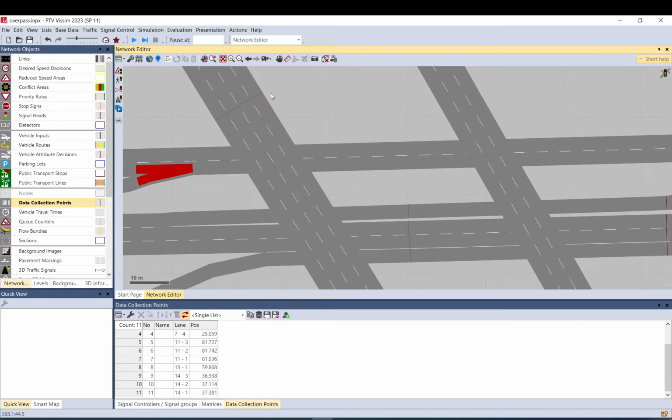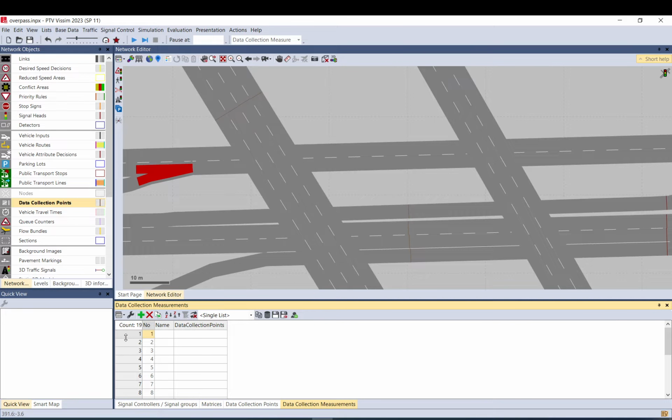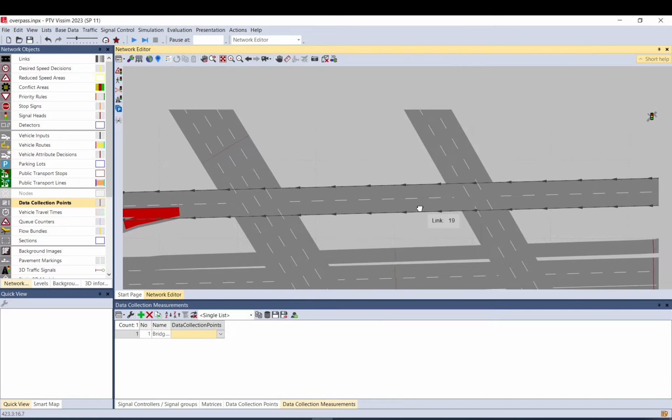This is just the loop detector. You need to assign these collection points into a data collection measurement. So let me just delete any previous setups there. You can do one by one, so you can add the measurement. So let's say this is bridge northbound and data collection points,